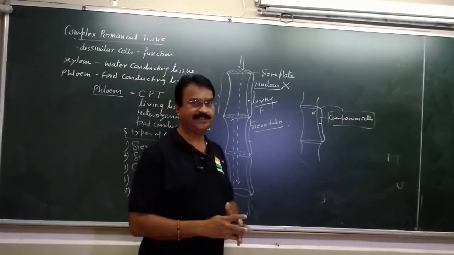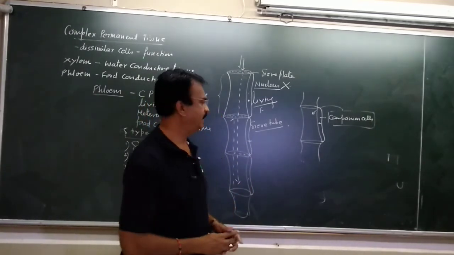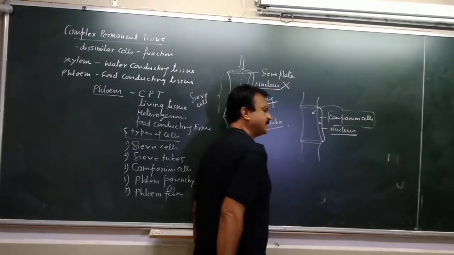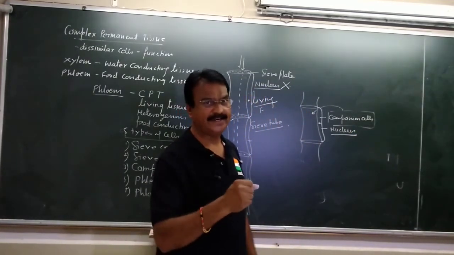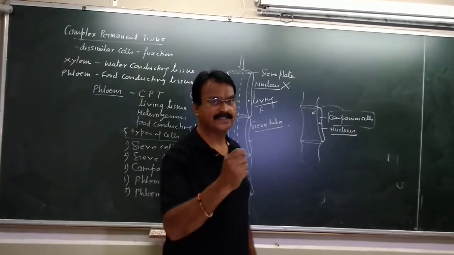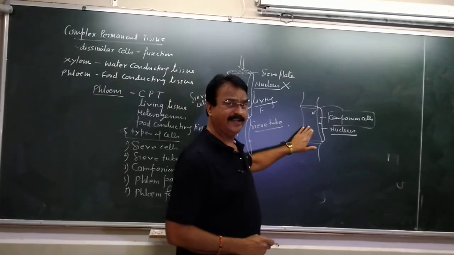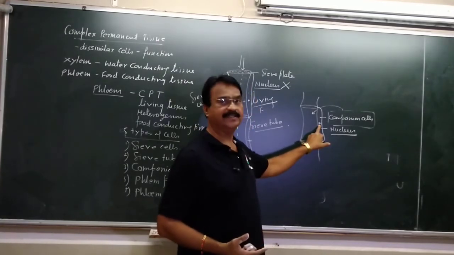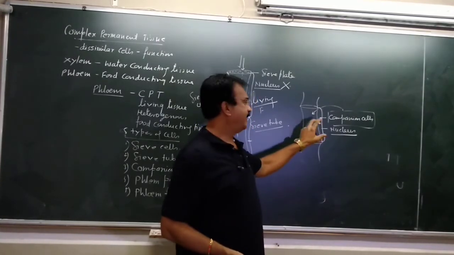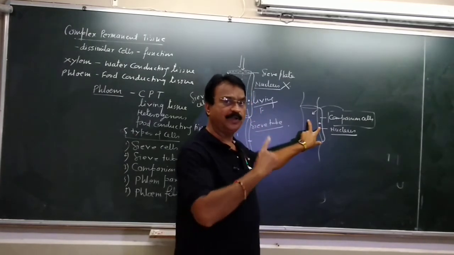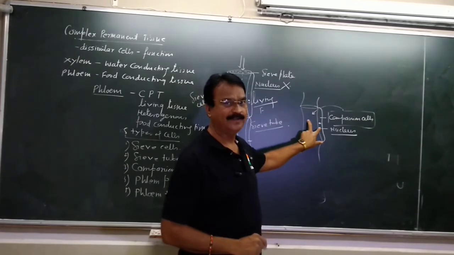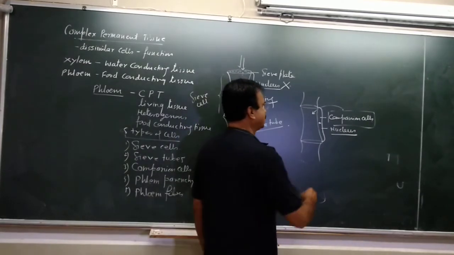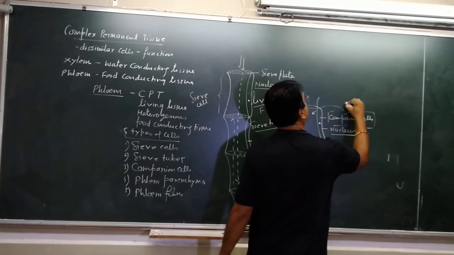sieve सेल को चिपक के रहती है, sieve सेल के कंपनी में रहती है, इसलिए कंपेनियन सेल। और ये सेल जो है, इसको है न्यूक्लियस। And we know nucleus is the controlling center, governing center of the cell. अब इसमें न्यूक्लियस नहीं है, तो इसका सारा कारभार, इसके सारे फंक्शंस this companion cell will control, because it has got the nucleus. And these two cells they originate from a common mother cell। ये दोनों की माँ एक है, एक ही सेल से ये दोनों तैयार होती है, तो इसका भी फंक्शन यही करता है और इसका भी फंक्शन वही करता है। That's why we call it a companion cell. So this is third component, companion cell, function is food conduction.